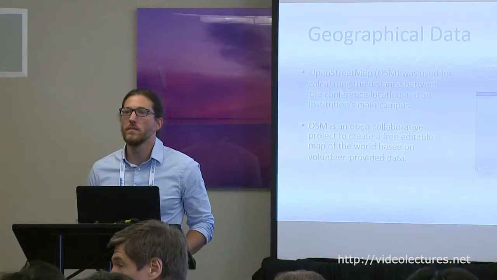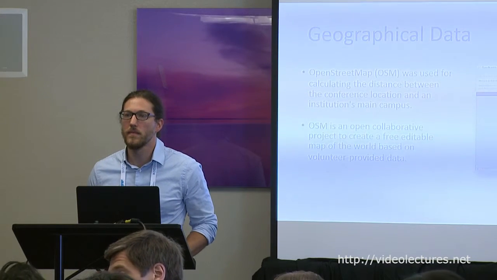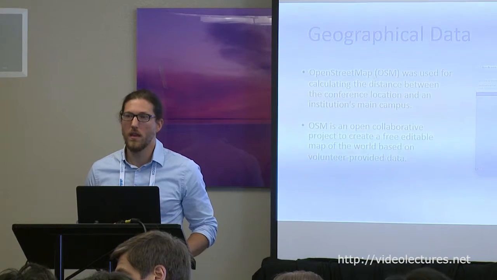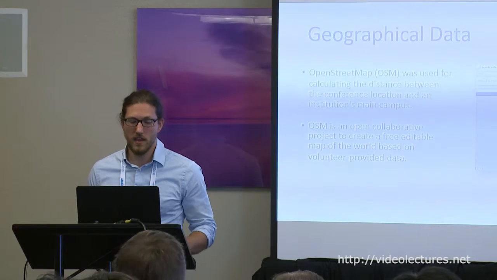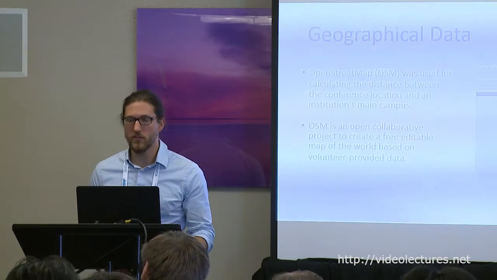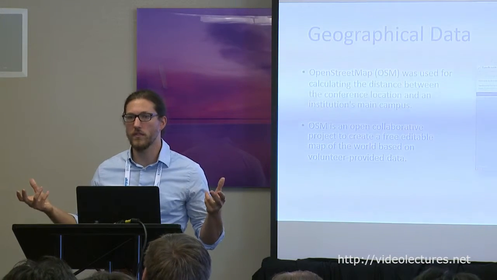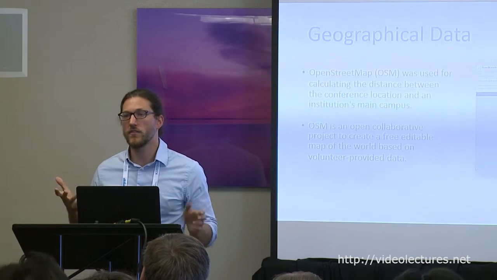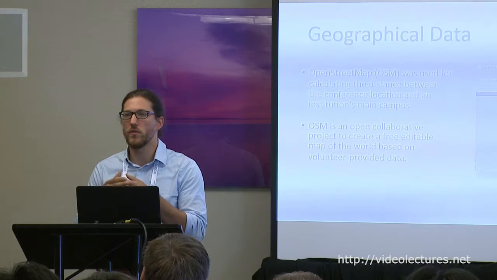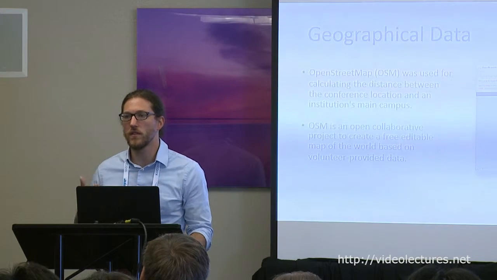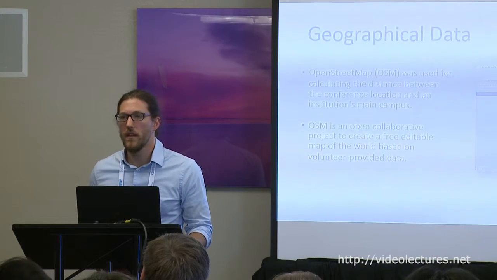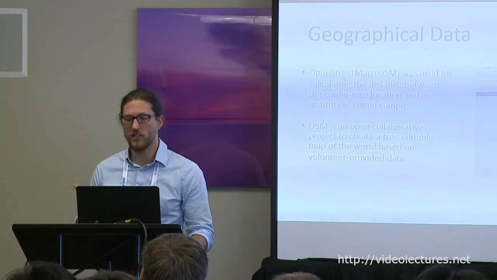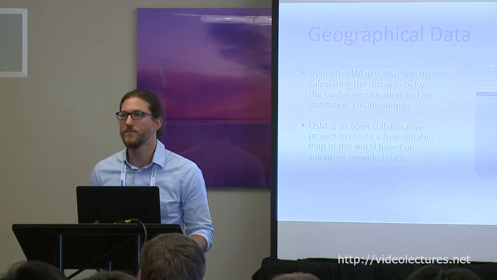Can you give some detail on the great circle distance? Is this the geographic distance you mentioned? Yeah, so we use the OpenStreetMap to kind of pull the locations for the conference and the affiliation. We calculate great circle distance, and then we normalize that across the circumference of the Earth. That gives some 0 to 1 sort of metric that we can use as a feature value in our models. Okay, it's a geographic distance. Yeah, but it's a great circle distance.